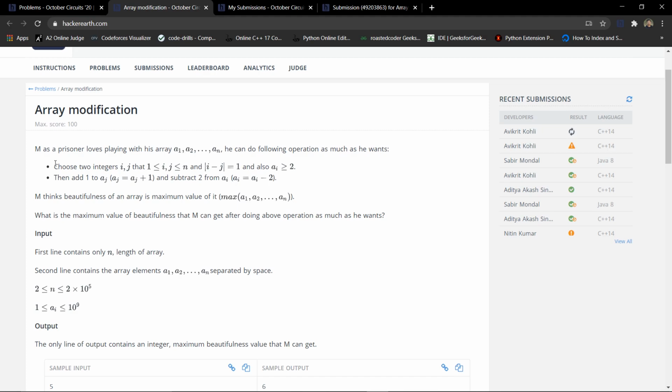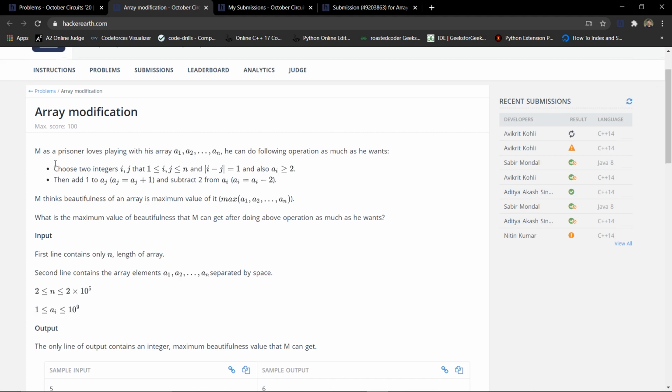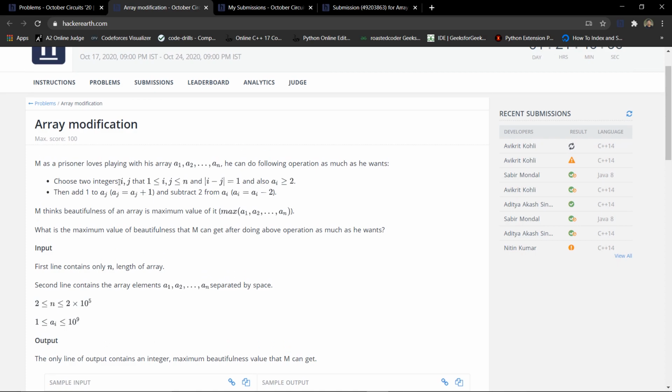These two operations are: we can choose any two indices i and j, such that i and j should be in the range 1 to n, and both should be consecutive indices, and A of i should be greater than or equal to 2.